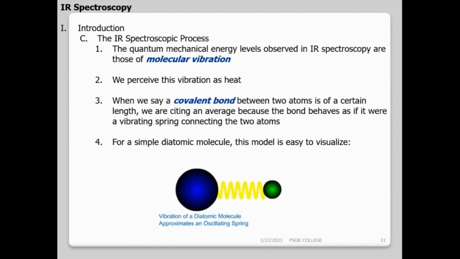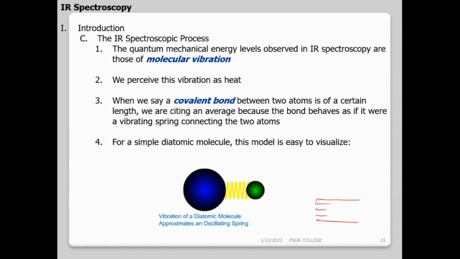Basically in IR, we are going to study molecular vibrations. That's all. So IR spectroscopy involves the energy levels of molecular vibration. You'll have different levels: electronic levels, and within the electronic levels there are vibration levels, and within the vibration levels you'll have the rotational levels. This is the ground electronic level, and this is the excited electronic level.